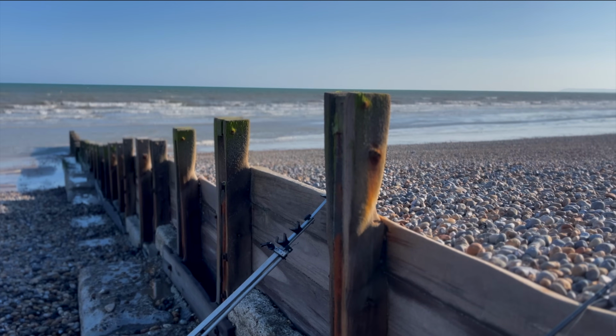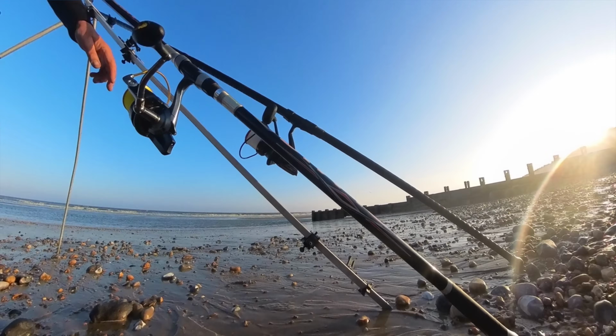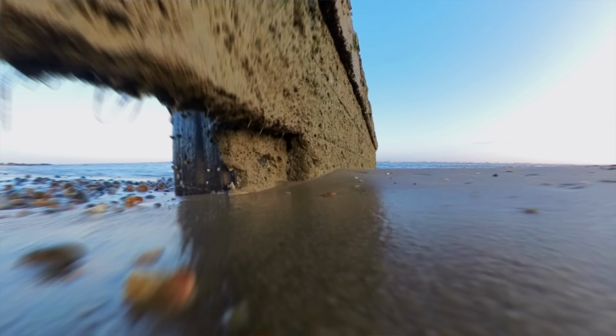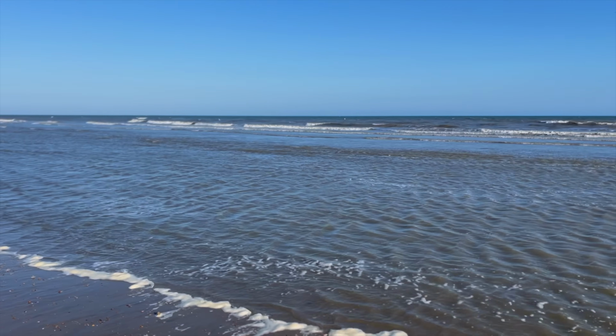Today we're fishing with big baits at this spot here. We're right on low tide, it's a spring tide. It's quite an interesting little mark as the camera pans around. You can see we've got a big gully in front of us, and you see where those waves are breaking,